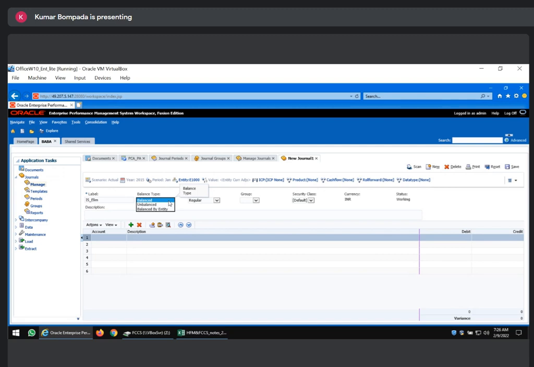Unbalanced remains either debit or credit. Third one, balanced by entity means